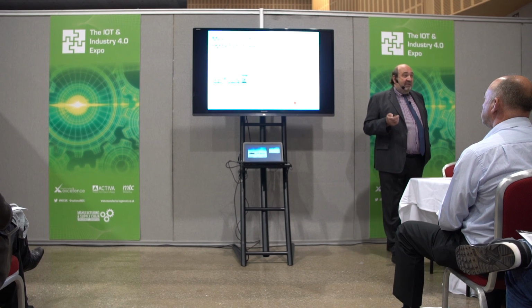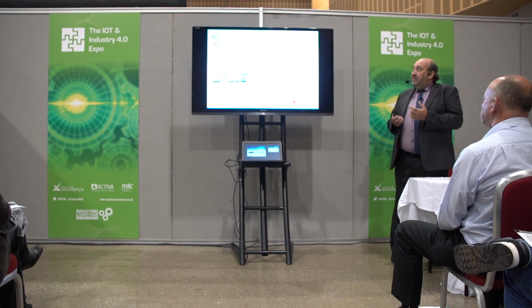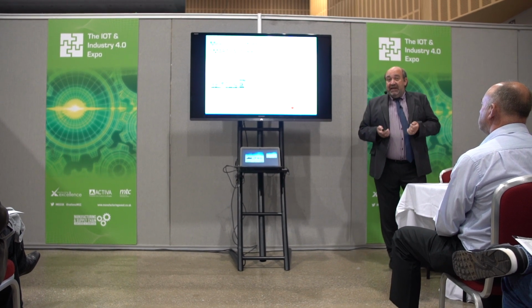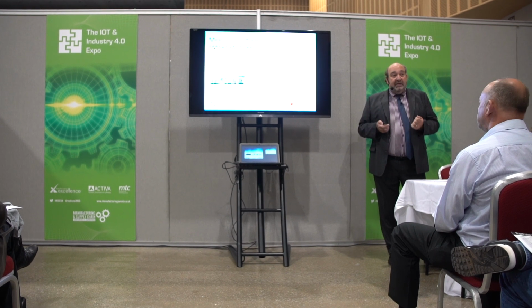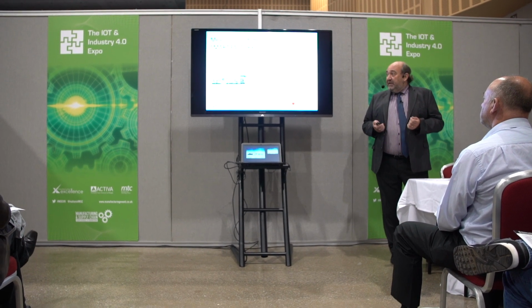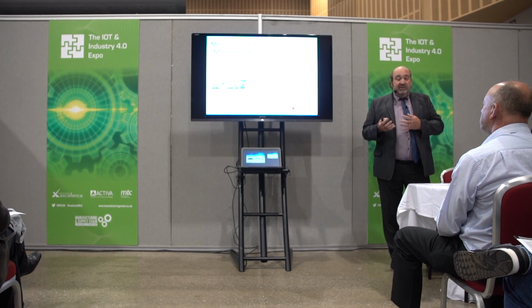For many of you, and I guess there's lots of manufacturing people here, I'm assuming, given the event we're at, measuring performance today is based on this. Lots and lots of plants throughout the UK are measuring and gathering data manually. So something happens on the line, somebody either writes it onto a piece of paper or puts it into a spreadsheet,